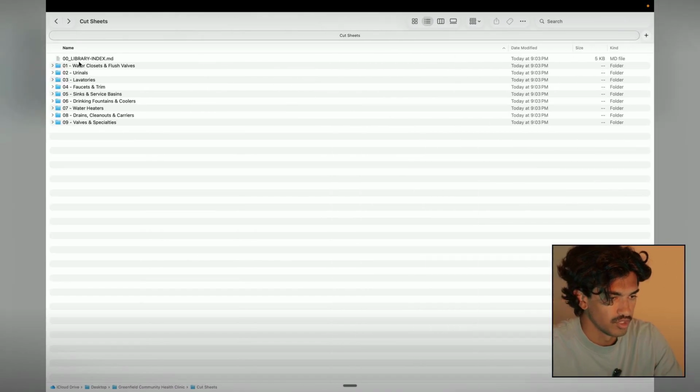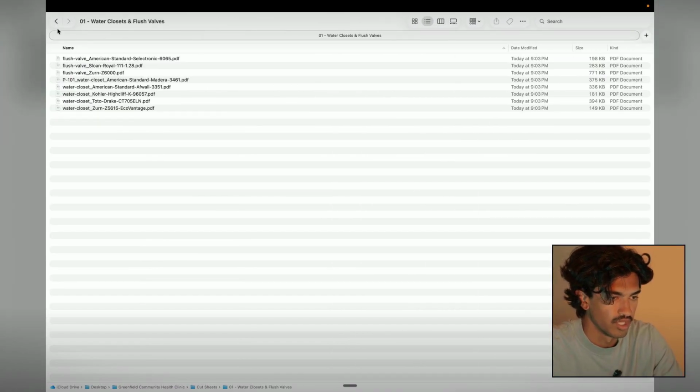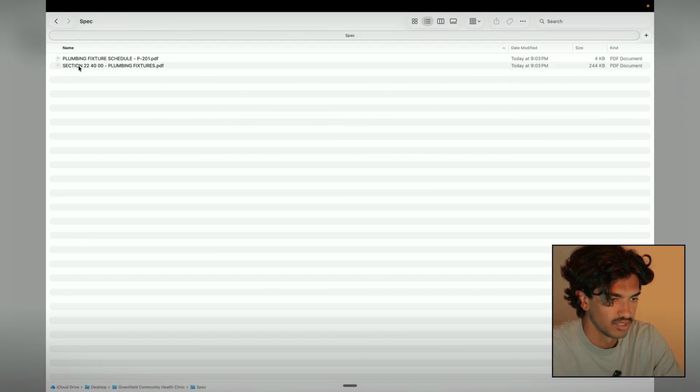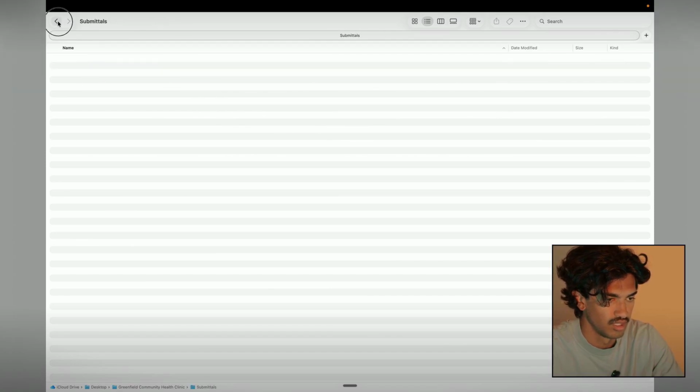So once you organize all of your submittal documents, it'll look like this, and you'll have all of your cut sheets and specs, and then you're going to have